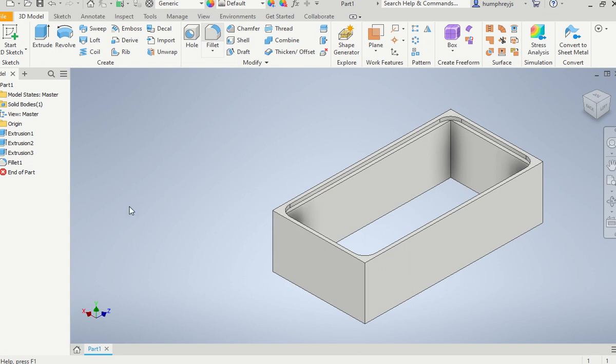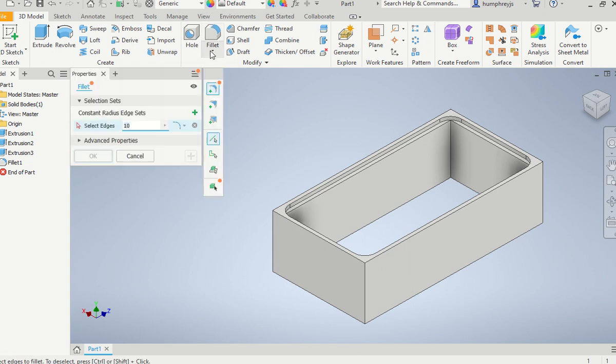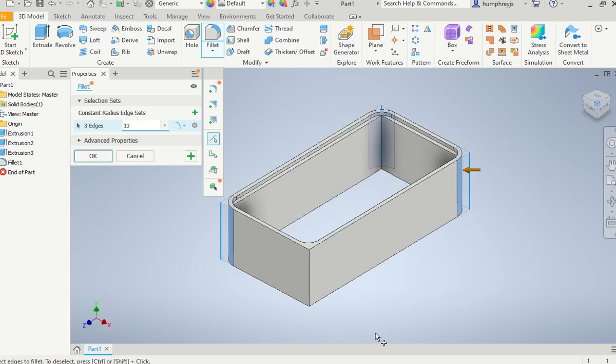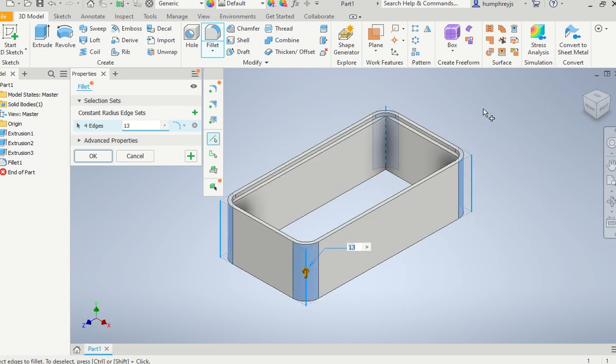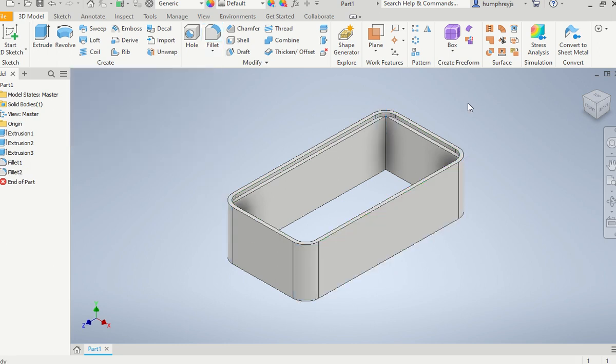is go back to the fillet. And I can change that to 13, of course, and I can put in the second one. Okay, so now what we've got is an outside diameter, sort of lozenge shape with a diameter of 13, internal sort of 10 diameter, so that's going to fit the control panel. Brilliant. What I haven't really thought about is those places where the screws are going to